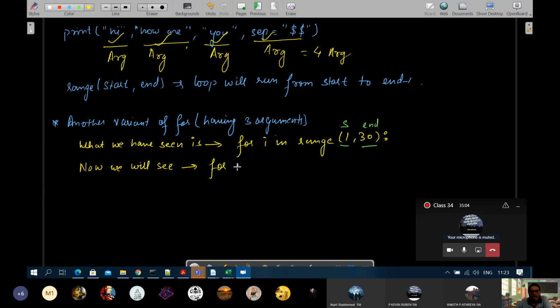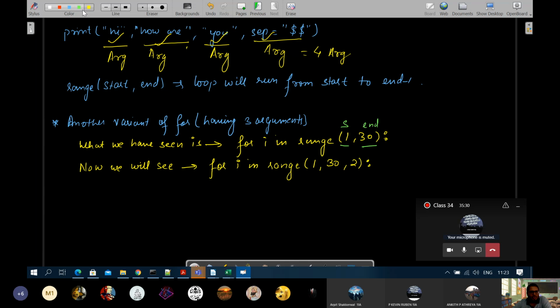for I in range 1 to 30, 2. That means having 3 arguments. अभी तक तो 2 था, ठीक है, start and end. Now we are having 3 arguments. What do we mean by that?